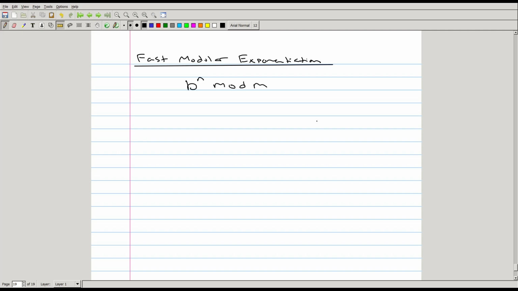The first thing you might say is, why not just calculate b to the n and then take the remainder of it upon division by m? The problem with this is that even for relatively small numbers, exponentiation gives a very large number, as you know from orders of growth. So, for example, if you look at 3 to the power 644 mod 645,